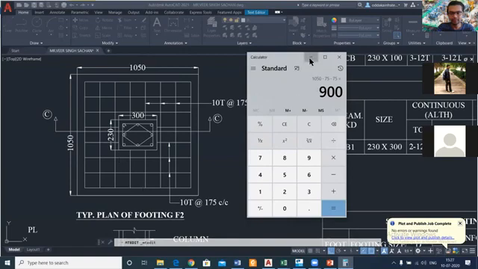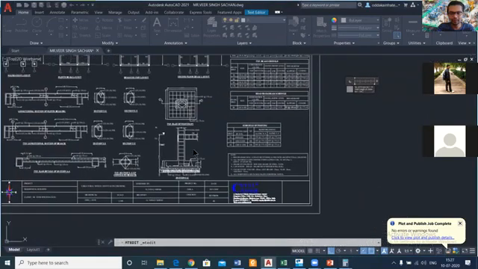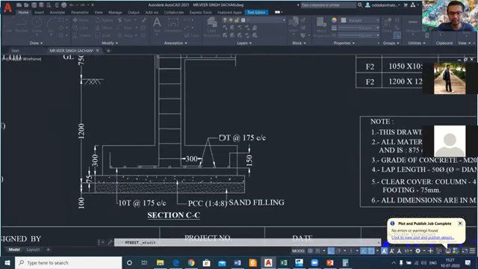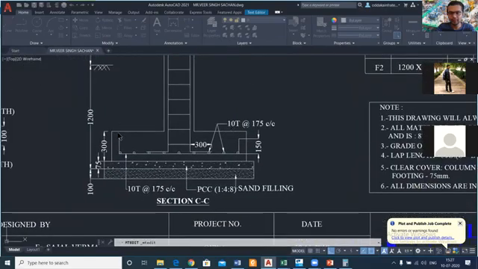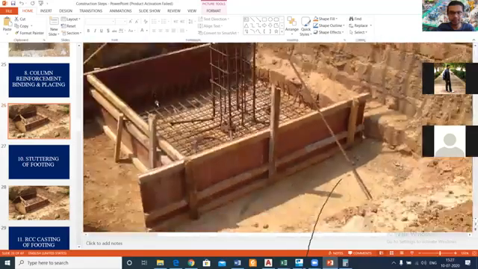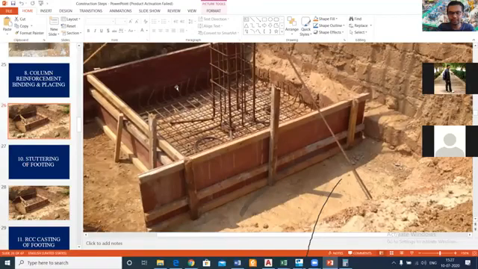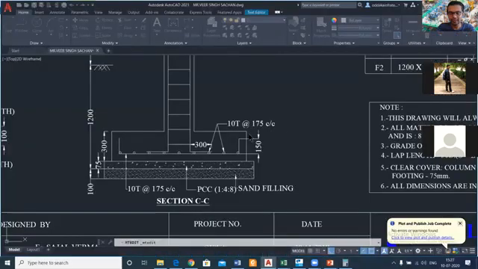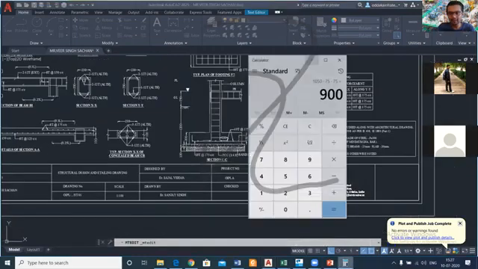Now if we go to this particular view, that is the sectional view, we can see that the reinforcement will be placed like this. You can also see in the picture on the side, if we zoom in, you can see the reinforcements are put like this in the L shape. So we have to take into account this L shape as well, how much the length. So this L shape is 150. It will go upwards by 150 mm. So we have to add that. So we'll just add this 150.